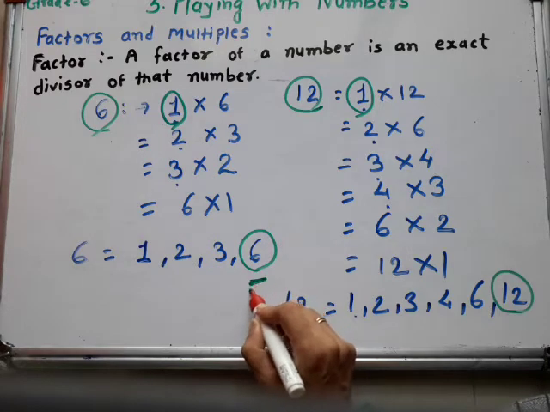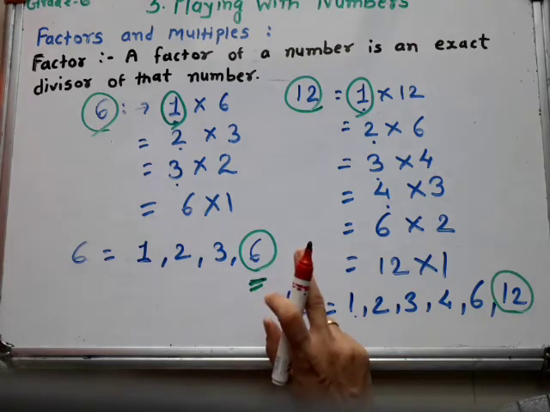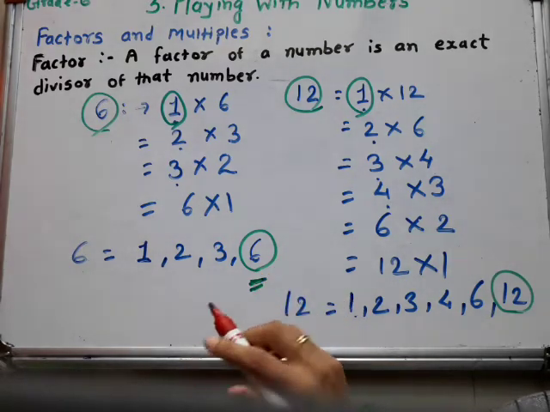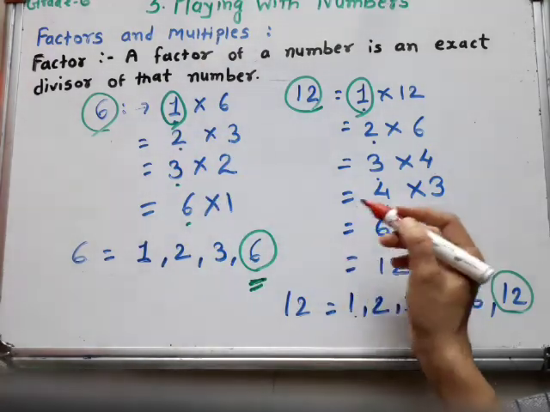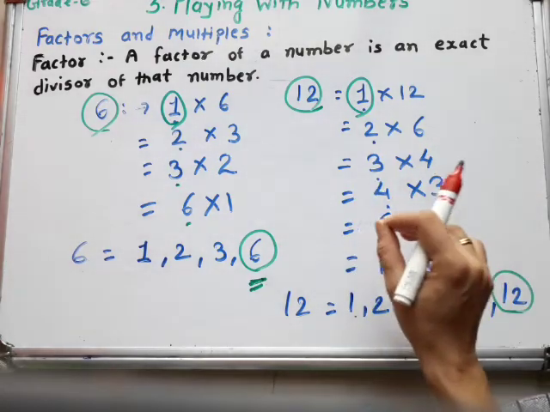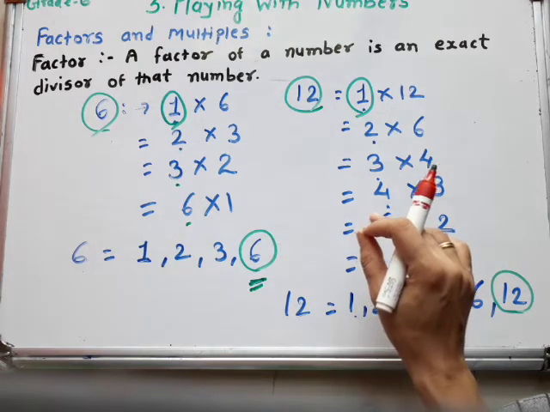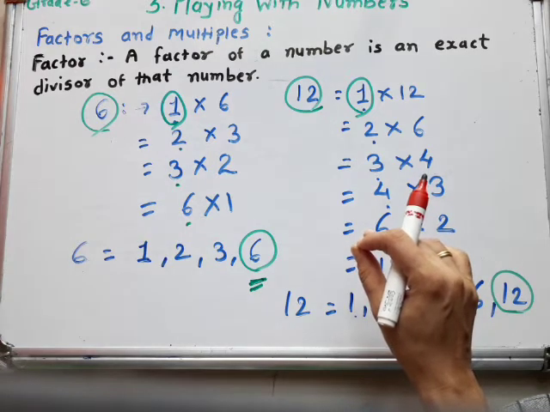Okay, ये सबसे बड़ा फैक्टर आएगा, इसके बाद कोई भी नंबर नहीं आएगा. The number itself is the greatest factor of this number. Okay, then next is every factor of a number is an exact divisor of that number. Exact divisor, because when we divide by 2, 3, 6 we get remainder 0. So every factor of a number is an exact divisor of that number, and every number except 1 has at least 2 factors, 1 and the number itself.